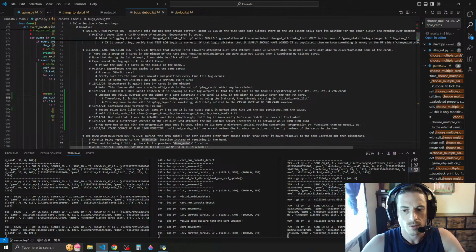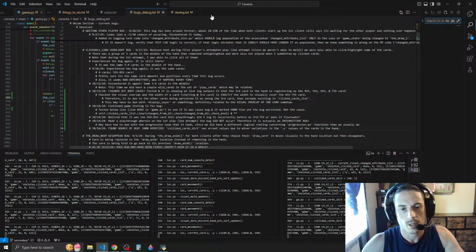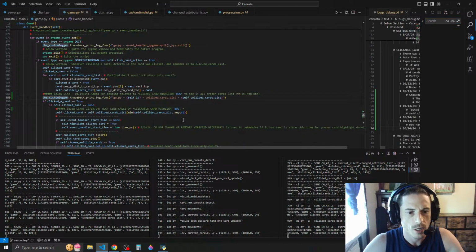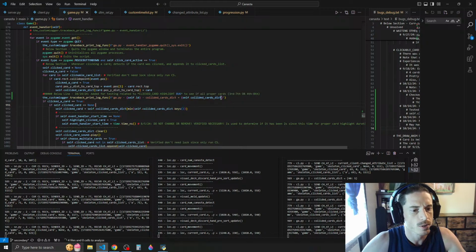Alright, what's up guys? So we're back and we figured out the source of the clickable card highlight bug. We determined that the collided cards dictionary has errant values due to minor variations in the Y values of the cards in the hand. So let's go ahead and get rid of this because we know that's